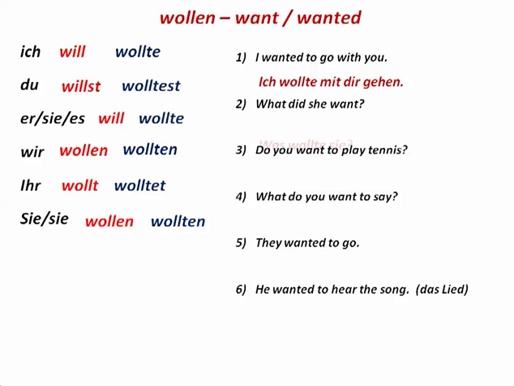What did she want? Was wollte sie? A word here about do and did when used with modal verbs in English. This is telling you what tense it is. Did indicates the simple past or imperfect tense. So you're going to use wollte. If this were what do or what does she want, then it would be the present tense. Was will sie? But since it says did she want, we're going to switch to the past.